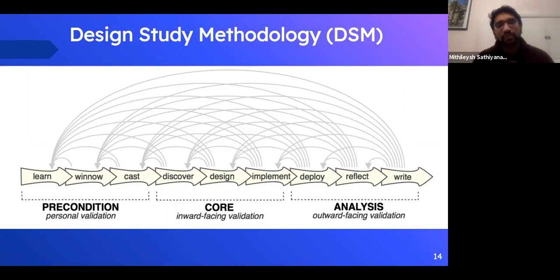Then in the fifth stage, you start designing the solutions, especially for the healthcare analytics I'm talking about. You need to come up with some prototypes. You start with low fidelity prototypes, then move on to medium level prototypes, then high level prototypes, and then you start implementing them. It could be using the latest technologies, for example D3, data driven documents. That's the technology industries are using, the D3 platform. And that's the implementation stage.